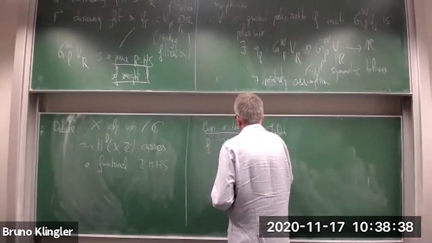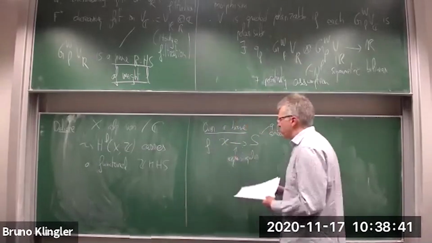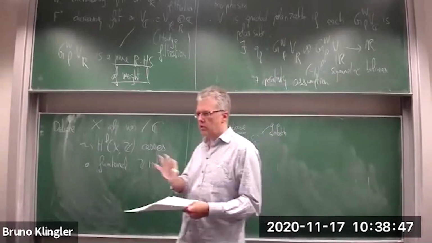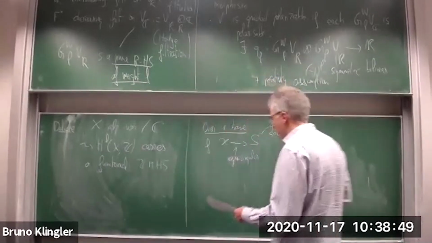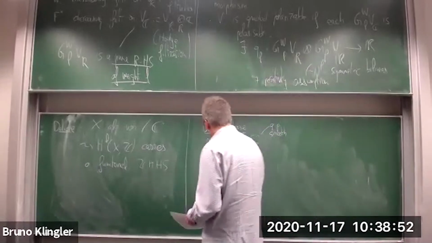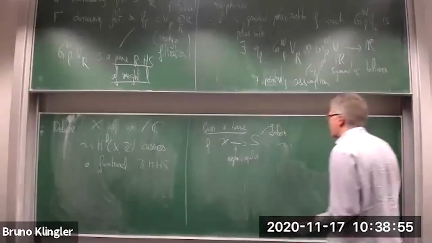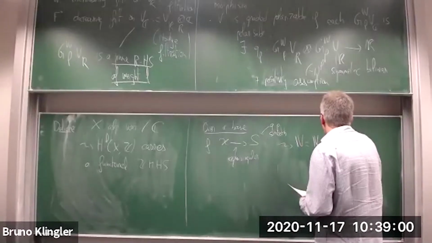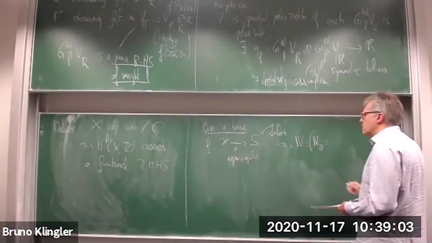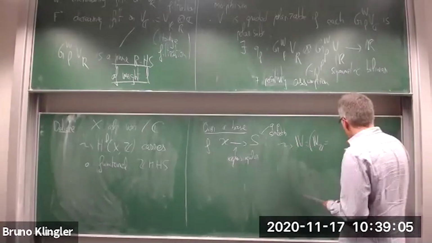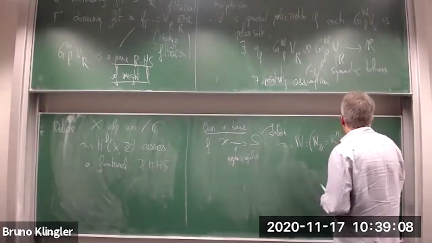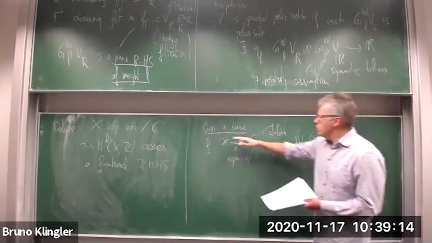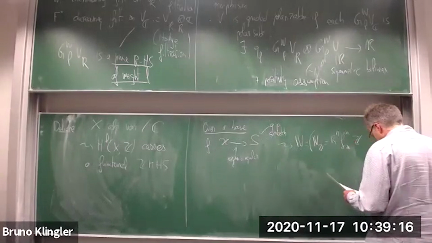I'm not assuming that the morphism is proper, so of course, what I want is that locally the fibers are diffeomorphic, so that I get really a local system when I look at the cohomology. And so out of this, what do I get? Well, I get something that will be denoted by V. So this is first a finite rank local system on the analytic space of S, fixing a degree n, and this part Z. So the fibers of the local system are just the cohomology of the fibers in degree n.